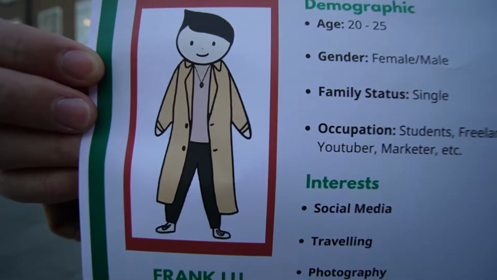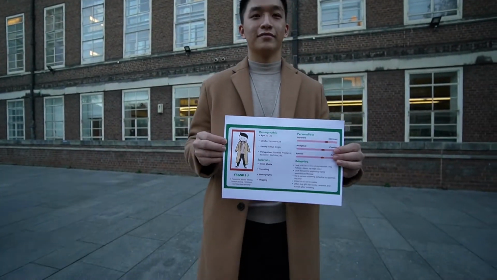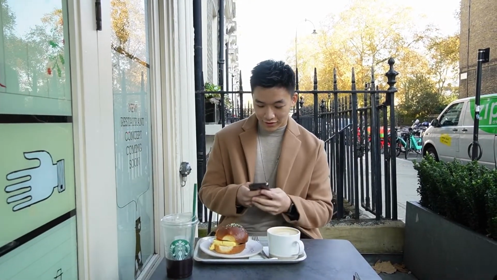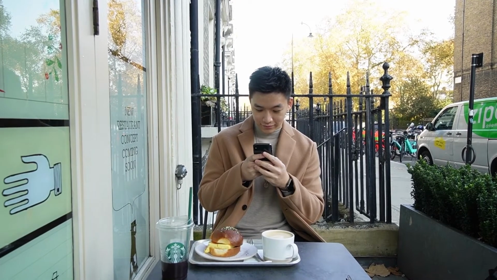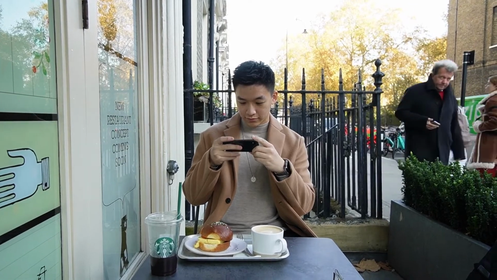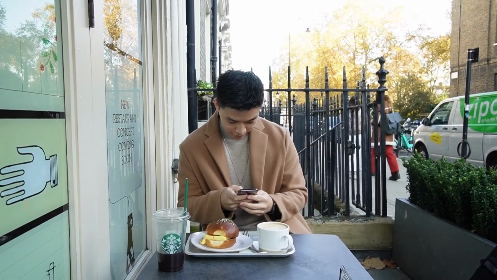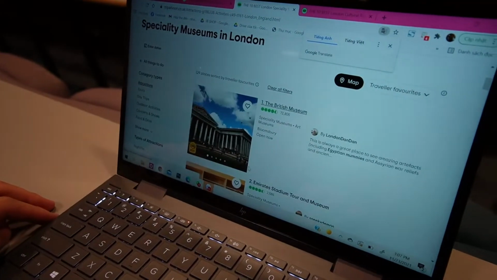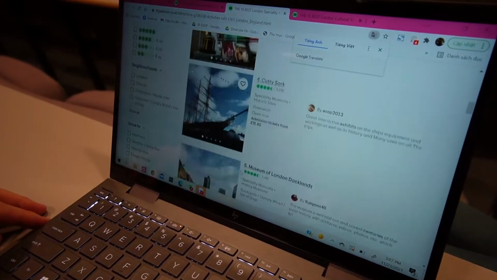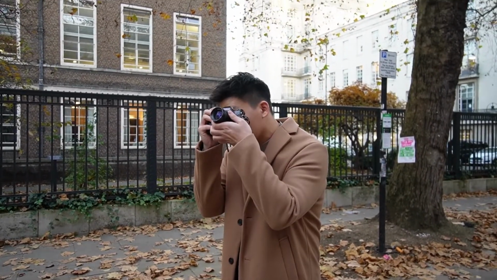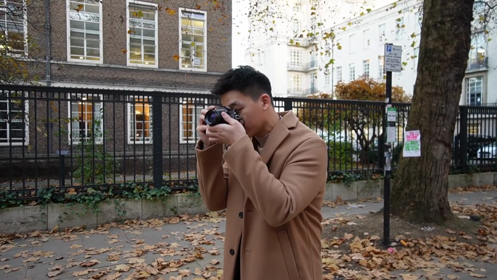The first persona is Frank, a young Taiwanese tourist visiting London during the Christmas and New Year holiday. He's a young extrovert with an active lifestyle and a high inclination towards creativity. Some of his major interests include social media, traveling, photography, and vlogging. Being a tourist in a foreign country, Frank has some specific behaviors. He seeks advice on travel websites like TripAdvisor or Design My Night. He looks forward to exploring native experiences and lifestyle. He often checks in on social media like Facebook or Instagram, and